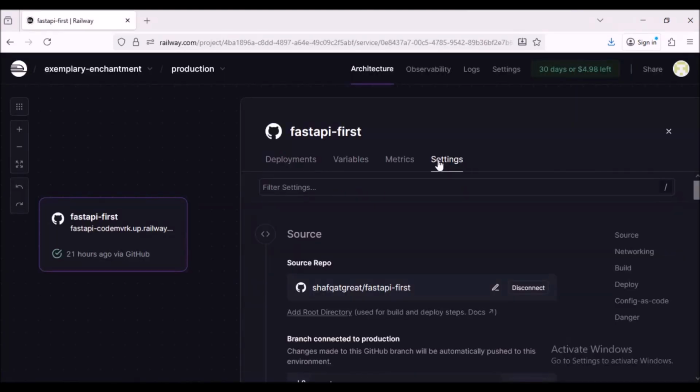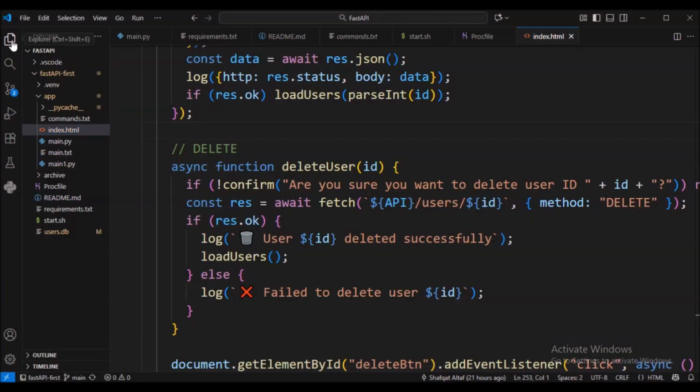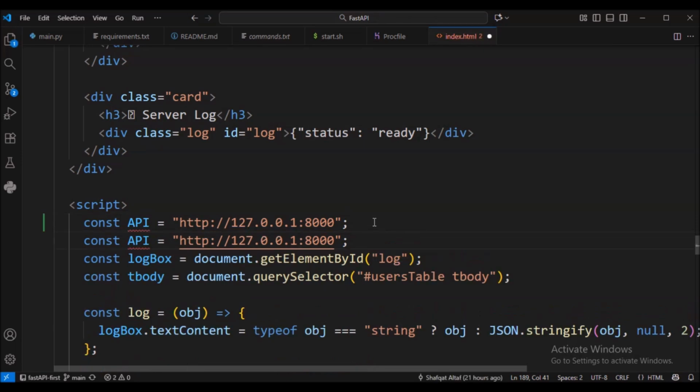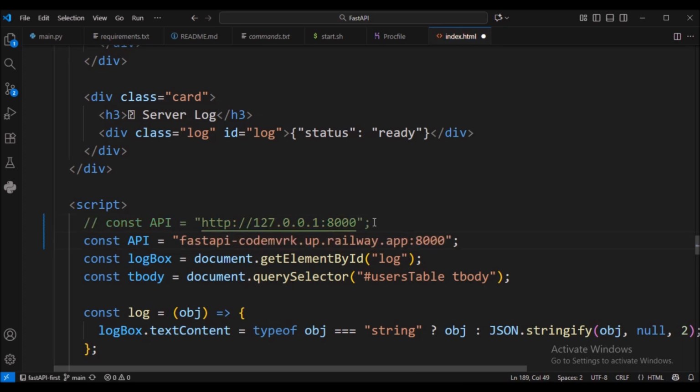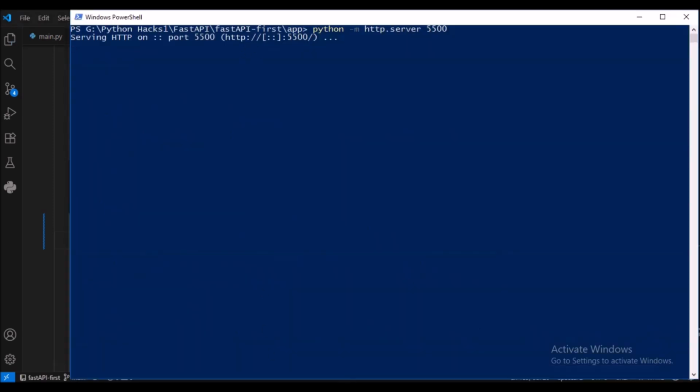Now viewers, this is the time to utilize the API URL in our front end application so that we can test that our API is working from the client side. So copy the URL from Railway Cloud and replace it with the variable in our client side app API URL. Viewers, you can replace the port with 8080 and the start URL with HTTPS. Now run the Python inbuilt web server.